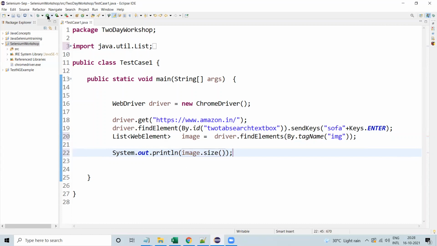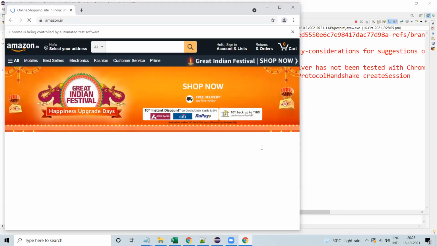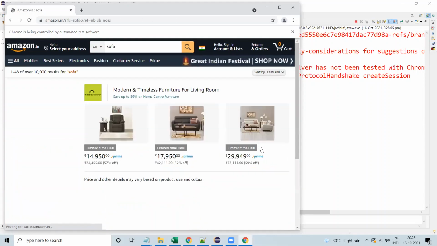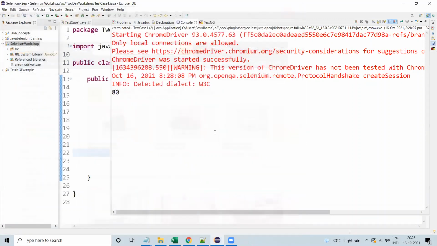Now if I run this, see, the count is 80. So the total images on the page is 80. 80 images are displayed.